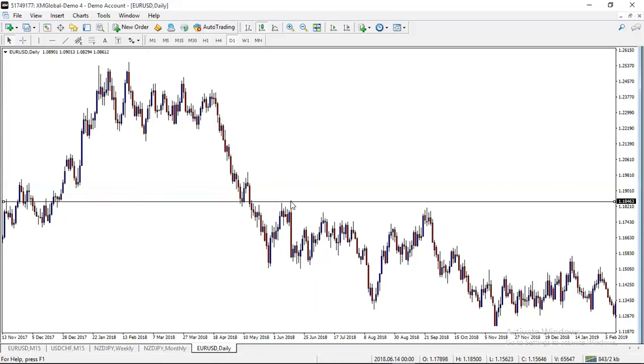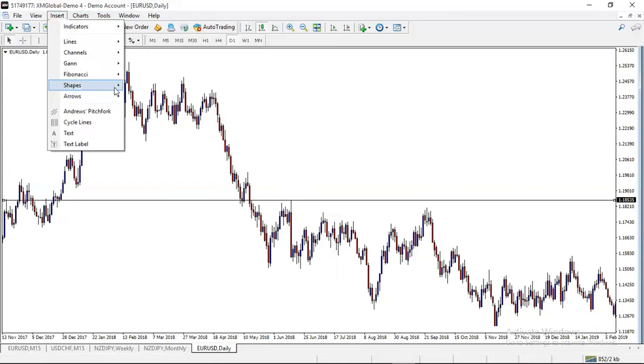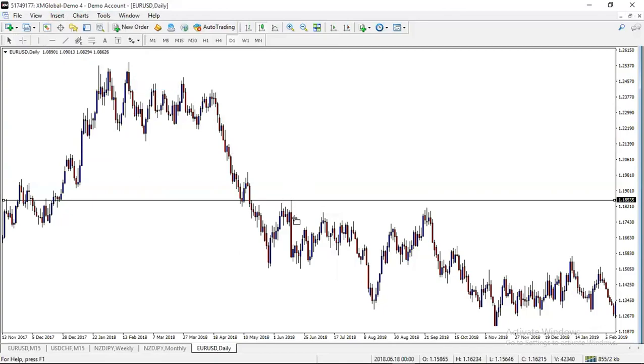Another possible resistance. You can see that price tried to retest but didn't reach. Same as this one, it didn't reach the anticipated resistance. But if you draw like this,